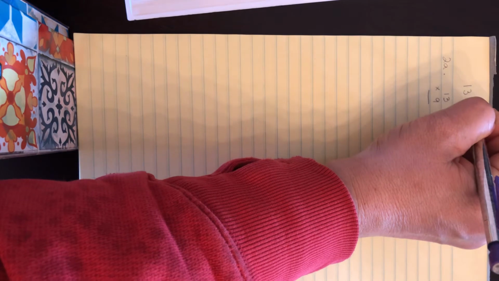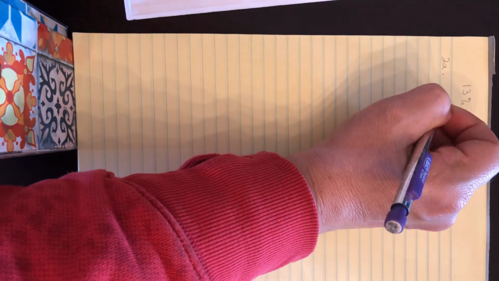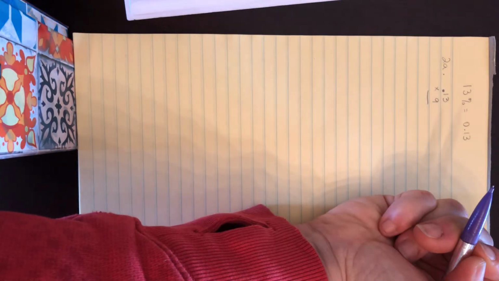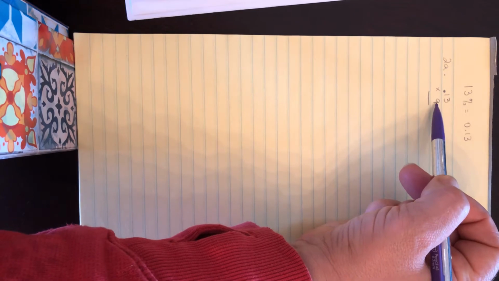And it was 13% of 9, and we know that 13% is equal to 0.13. So as a decimal, it would belong right in front of the 1. So we'll look at where that decimal place lies after we do the multiplication question. So 9 times 3 is 27, and 9 times 1 is 9, plus the 2 that we carried over, that's 11. Now we can see that